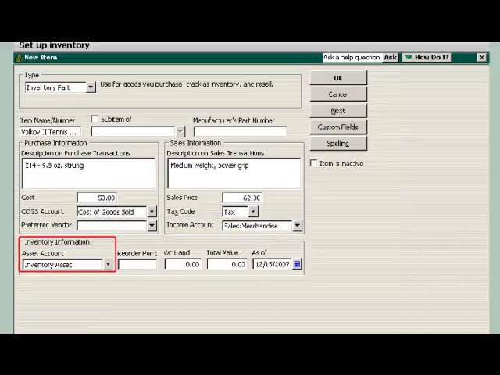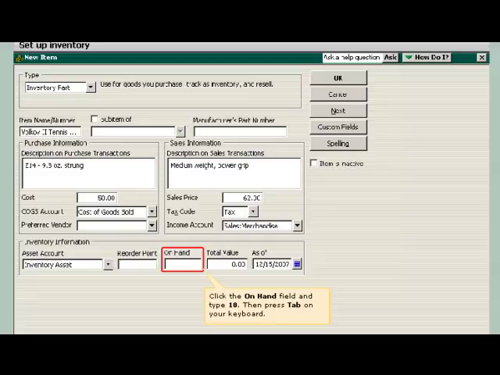Inventory information lets QuickBooks know how much inventory you currently have on hand. Because inventory on hand is an asset, the value of your inventory is held in an Inventory Asset account. Click the On Hand field and type 10. Then press Tab on your keyboard. Note that QuickBooks has calculated the total value for you, based on the cost and the number on hand that you